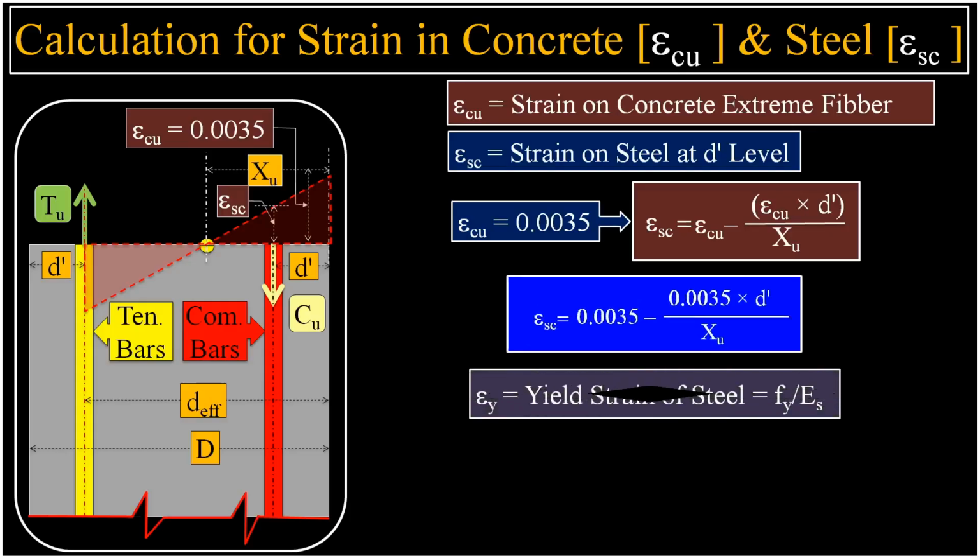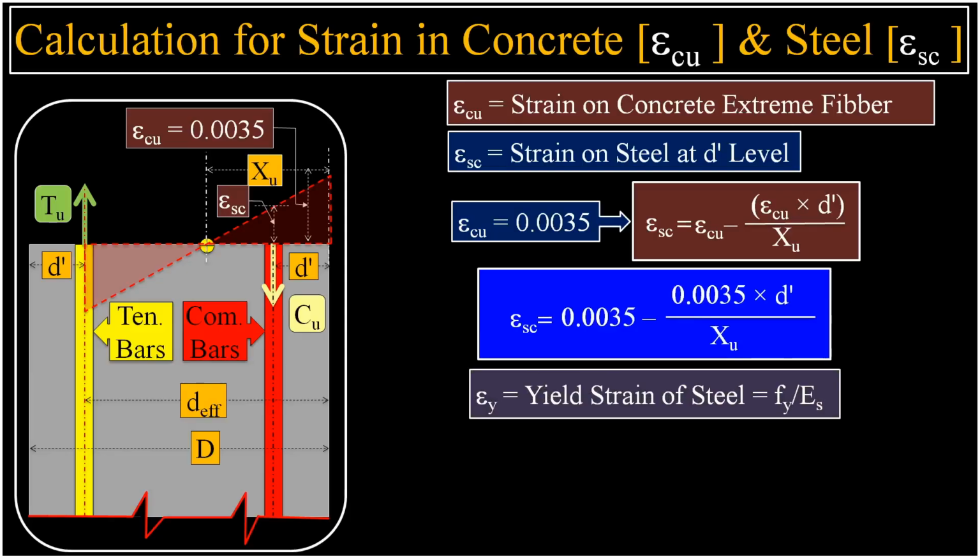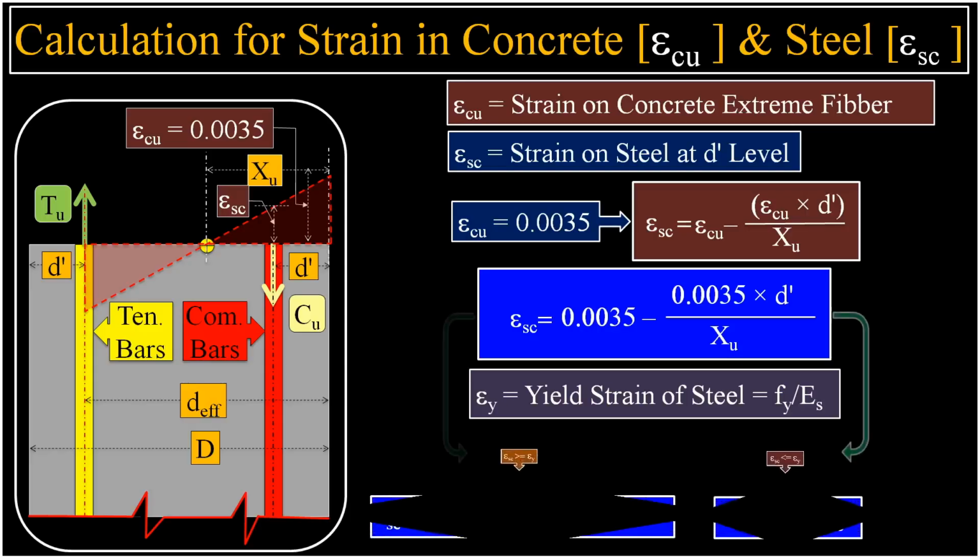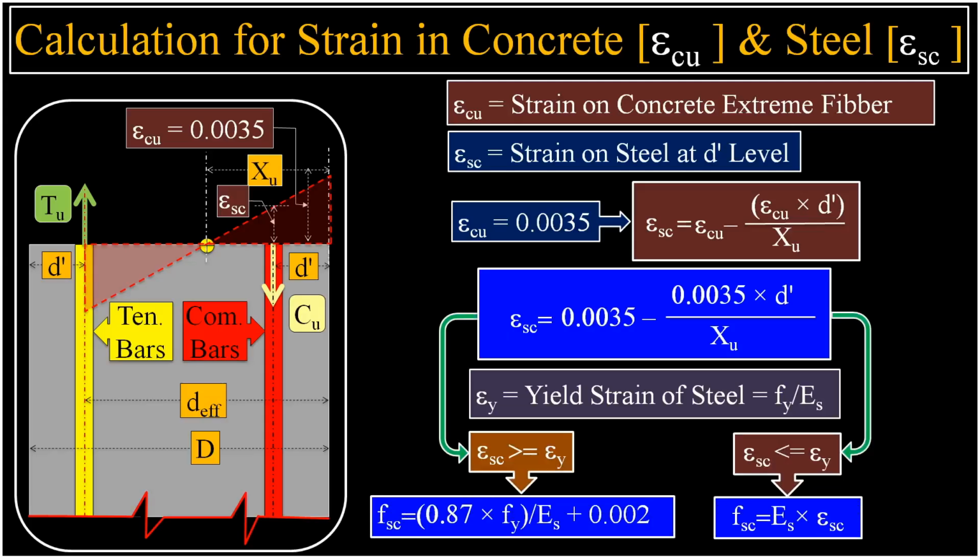Once epsilon Sc is calculated, we compare it to the yield strain of steel, epsilon y, which is the yield strength Fy divided by the modulus of elasticity of steel, Es. This comparison is critical to find the actual stress in the steel, Fsc. If the calculated strain, epsilon Sc, is greater than or equal to the yield strain epsilon y, the steel has yielded, and the stress is taken as the ultimate design value,